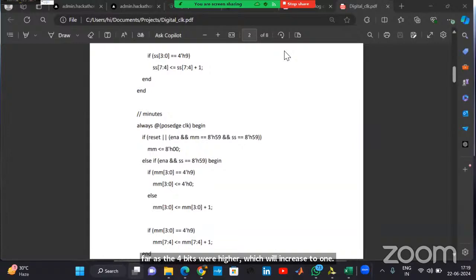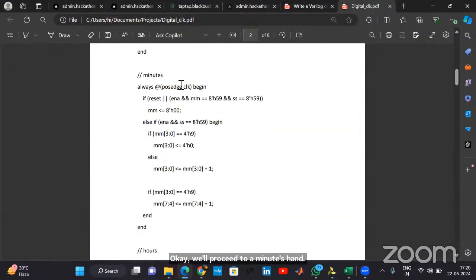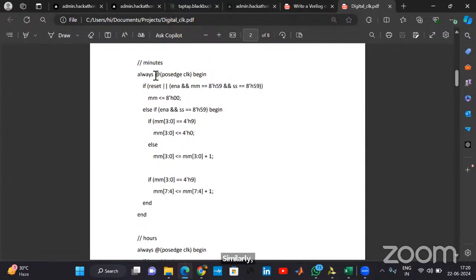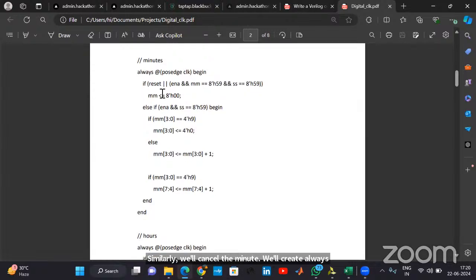Bhuvaneshwari, did you understand the logic? Okay, we'll proceed to the minutes hand. Similarly, we'll consider the minutes hand. We'll create an always block at the passage of the clock. If reset, logical OR operation, enable is high, logical AND operation,